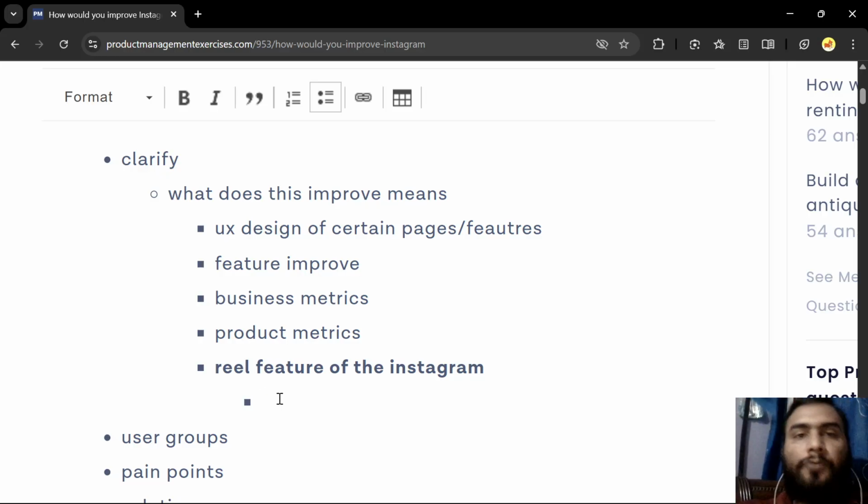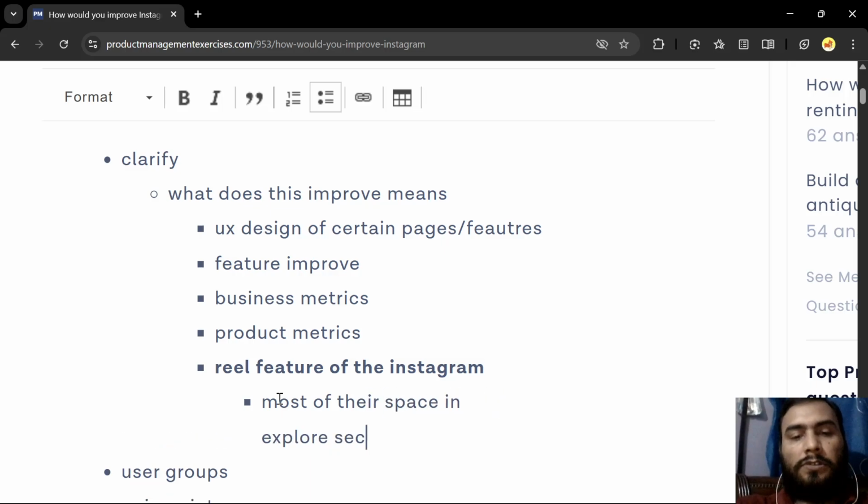Some user groups find that in their home space or in the explore page, reels are taking most of their space in the explore section of the application.